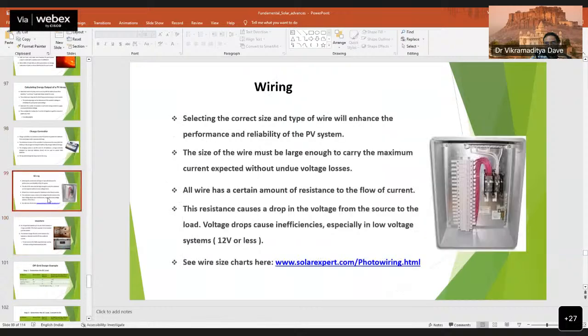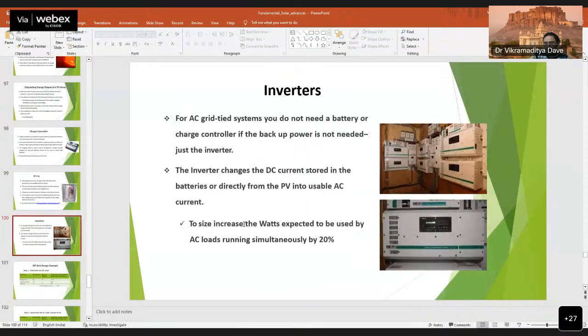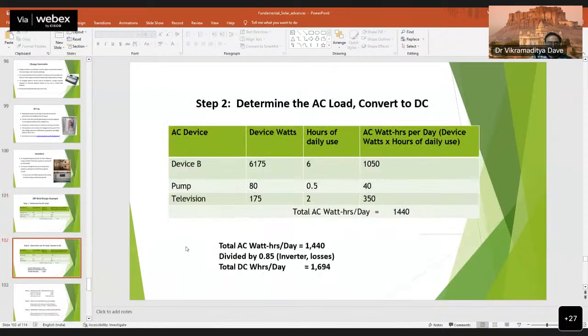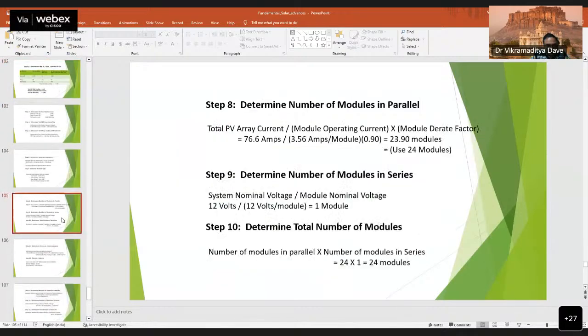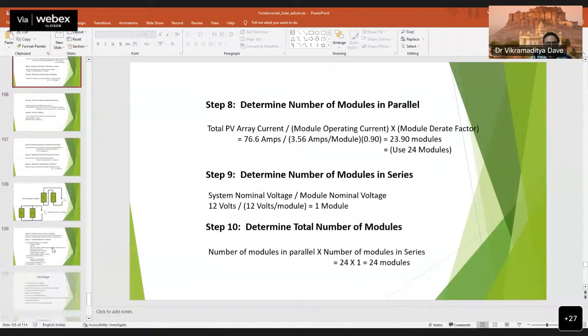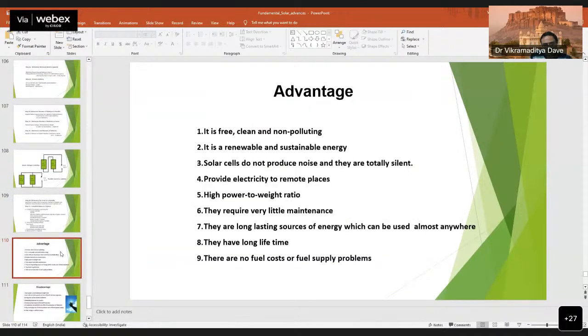Then wiring cost is also involved. Inverter cost is also involved; the inverter is just meant to convert the DC into AC. Okay. So I'm not going into the designing process, because the designing process will be covered in our practical class. So in the last, we can say that we have a solar photovoltaic system of different technology, of different materials,